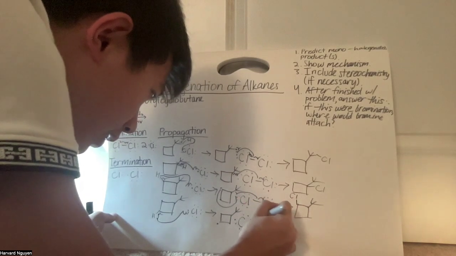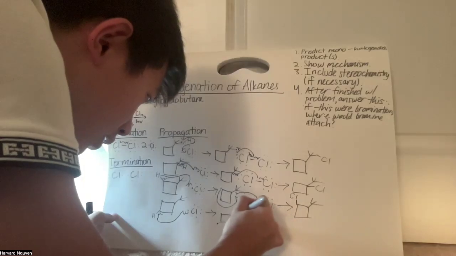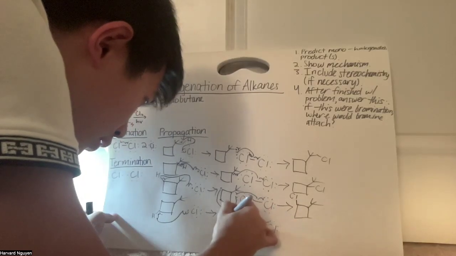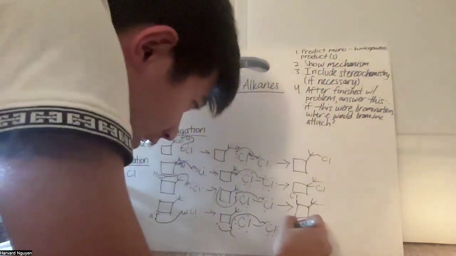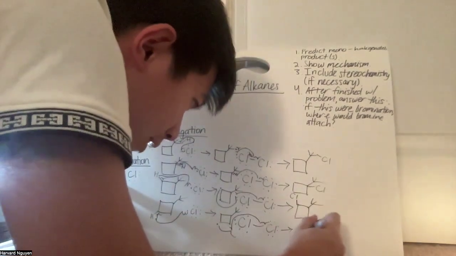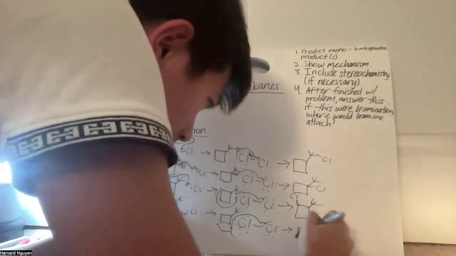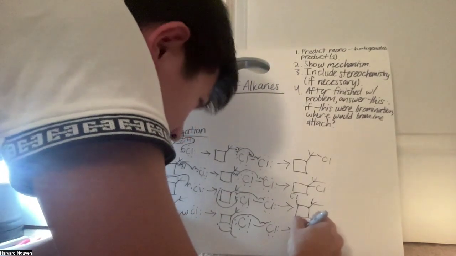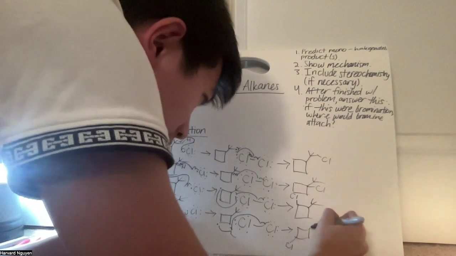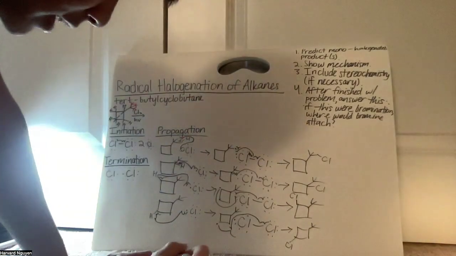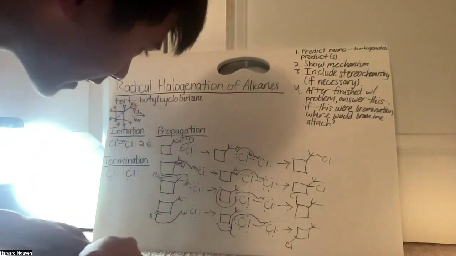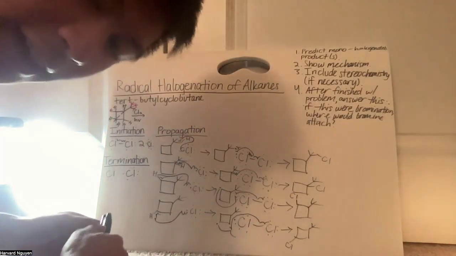Break these. All right. And then we form our last intermediate right here. And then right there. All right, to recap, propagation, we did a hydrogen abstraction to get a radical, and then